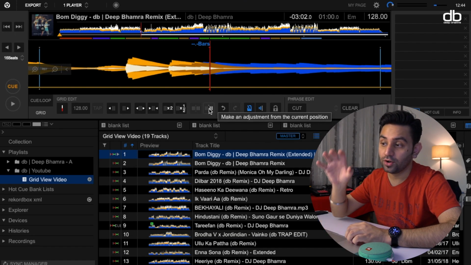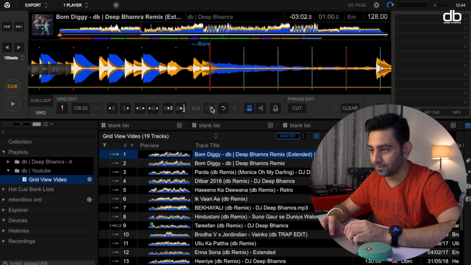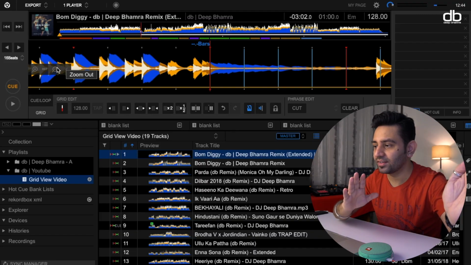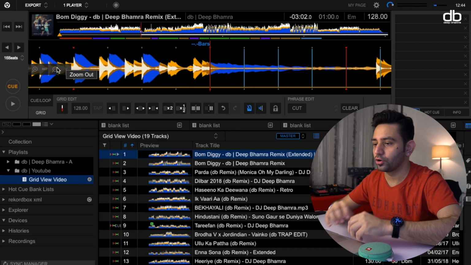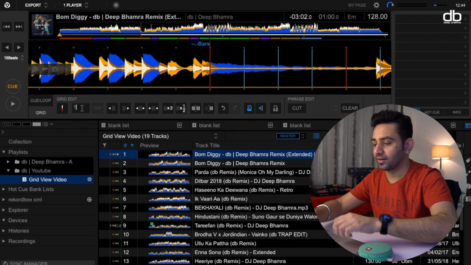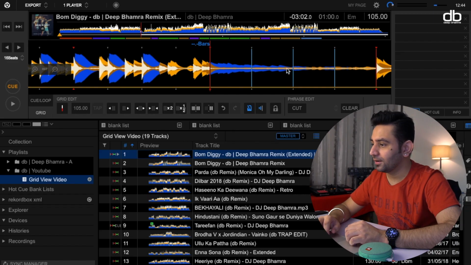You have to change from the current position. Now when you click on this button here, everything before that stays at 128 BPM and everything after that is editable for yourself. So that is when you will change the BPM here to 105, and you can see that now every bar is right on the beat.